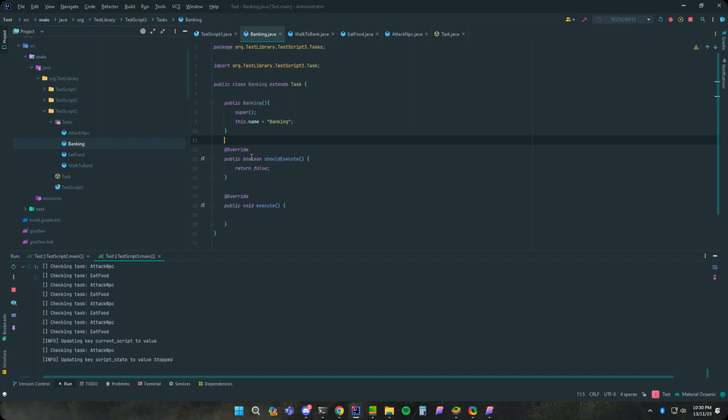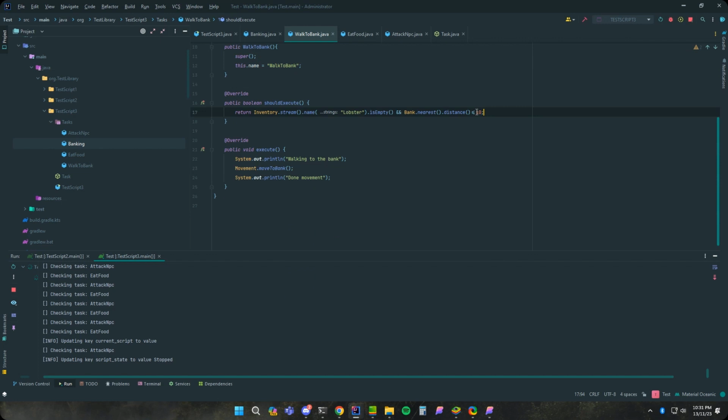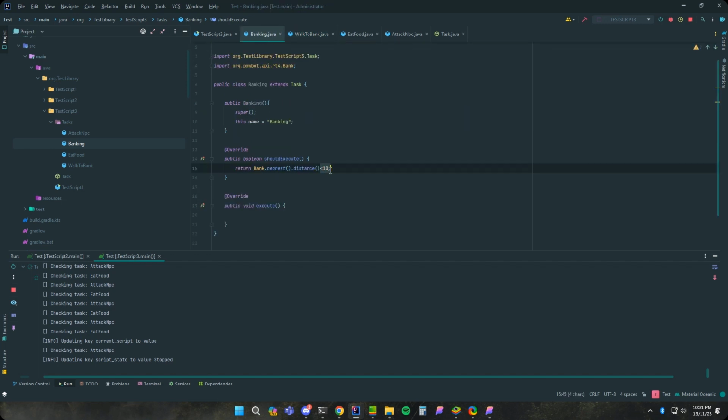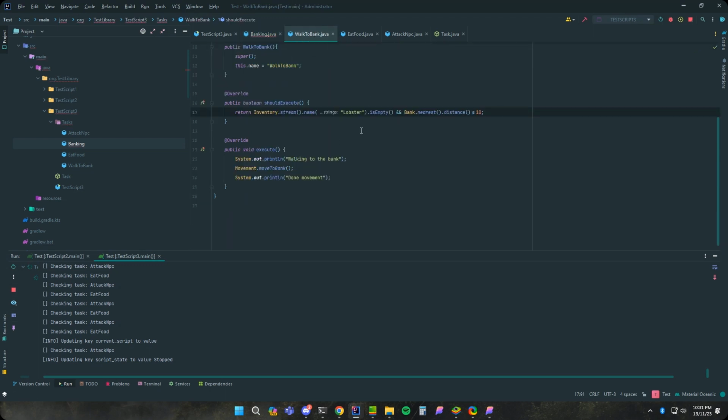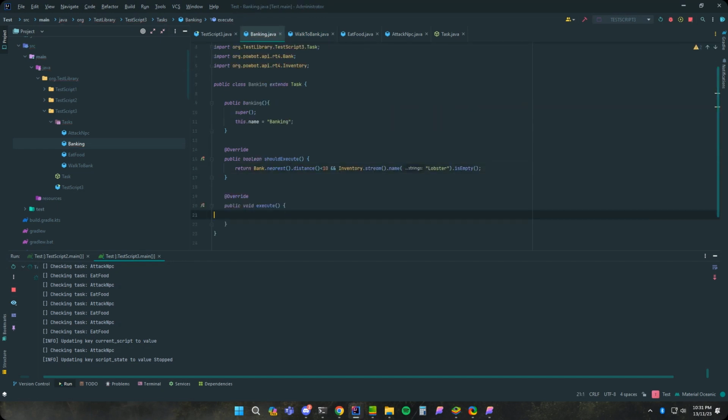Cool. So when do we want to actually bank, use the bank, withdraw? Well, when we're at one and we've got no food. So Bank.nearest.distance is less than 10, because if it's greater than, sorry, I'm stupid. If it's greater than or equal to 10, we want to walk to it. If it's less than 10, we want to use it. And we've got no lobsters on us. No lobsters. Cool. So if bank.open,